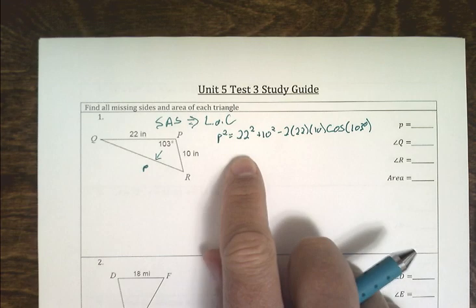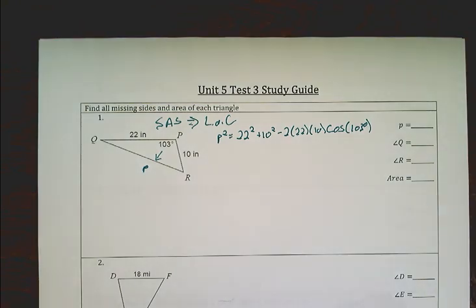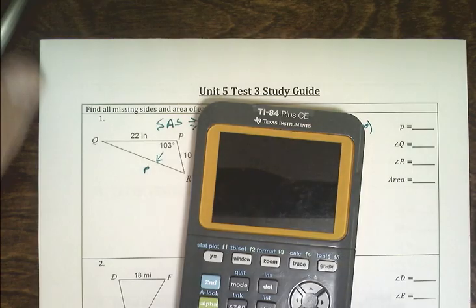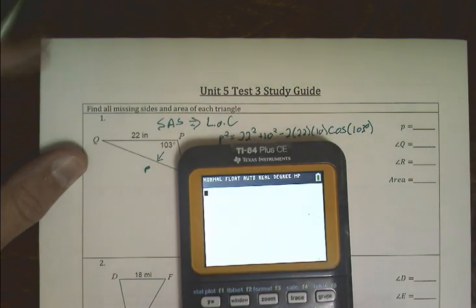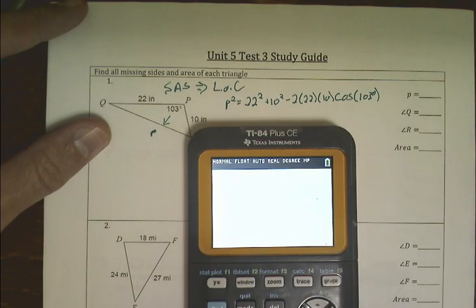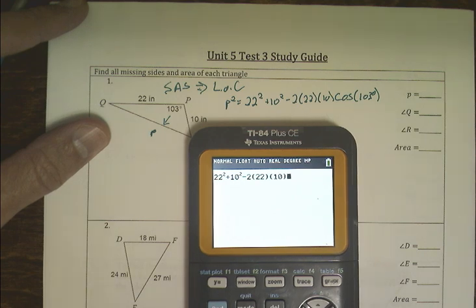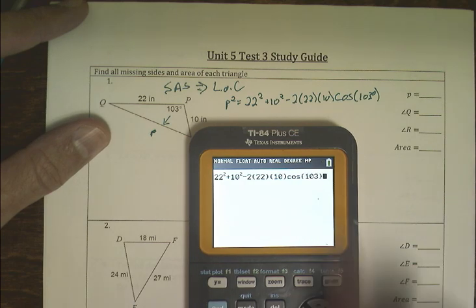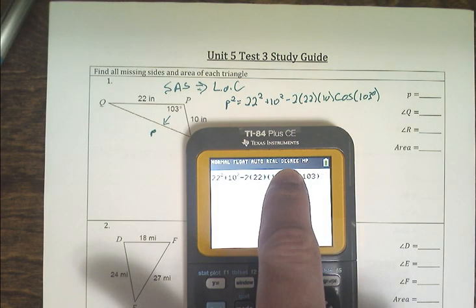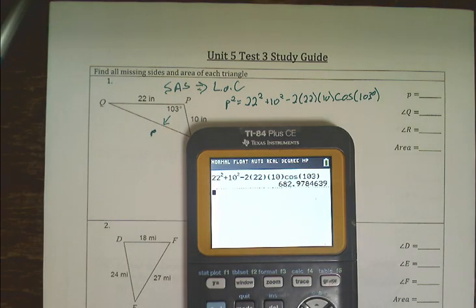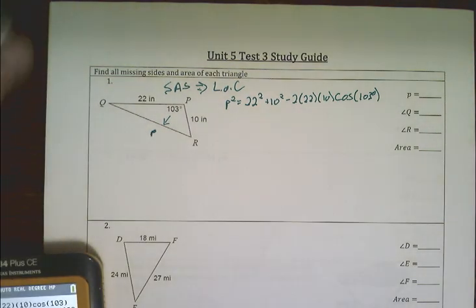Now there are no variables on this side of the equation, so that means that we could just punch it directly into our calculator here. And we will get 22 squared plus 10 squared minus 2 times 22 times 10 cosine of 103 degrees. Make sure we are in degree mode. It says it right there, degrees. So we are good. Hit enter, and we get